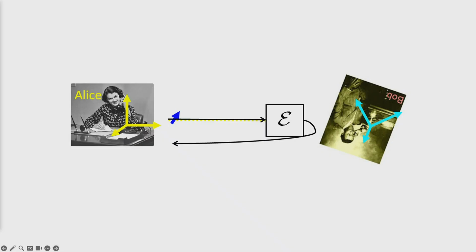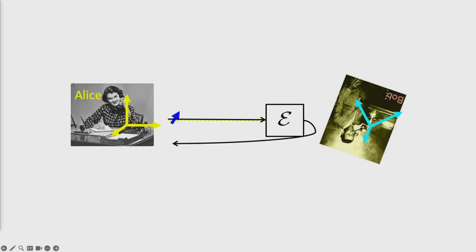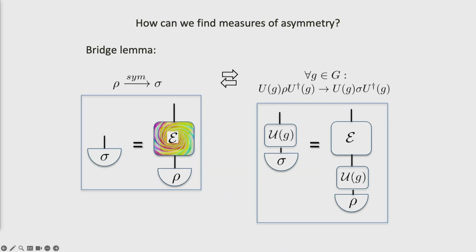So for every group element that could describe the relation of Alice's frame to his, there's a different possibility for what she's sending him. And so he thinks of it as, I'm getting some element of a set of possible states from Alice, right? And that's just this set here, the orbit of rho. And he describes the problem as, I have to send back the corresponding element of the orbit of sigma. That's my job. And I have one transformation to do it. So that's exactly what we saw over on the right-hand side.